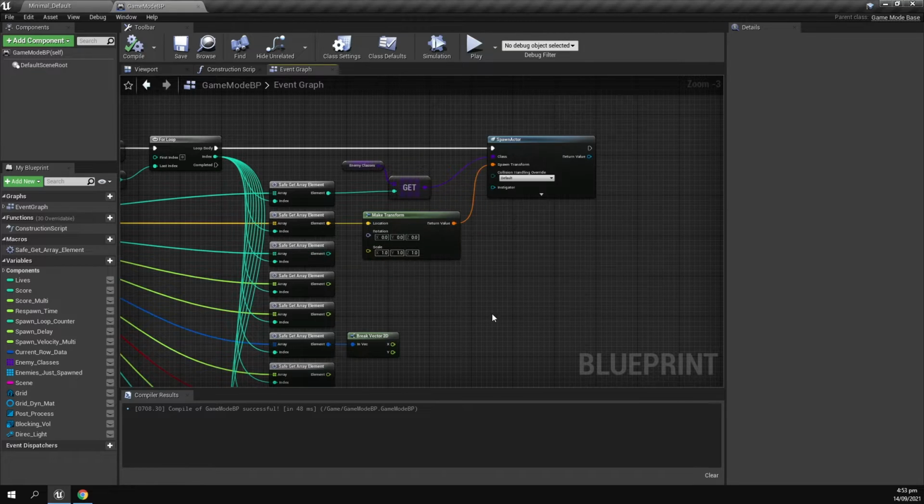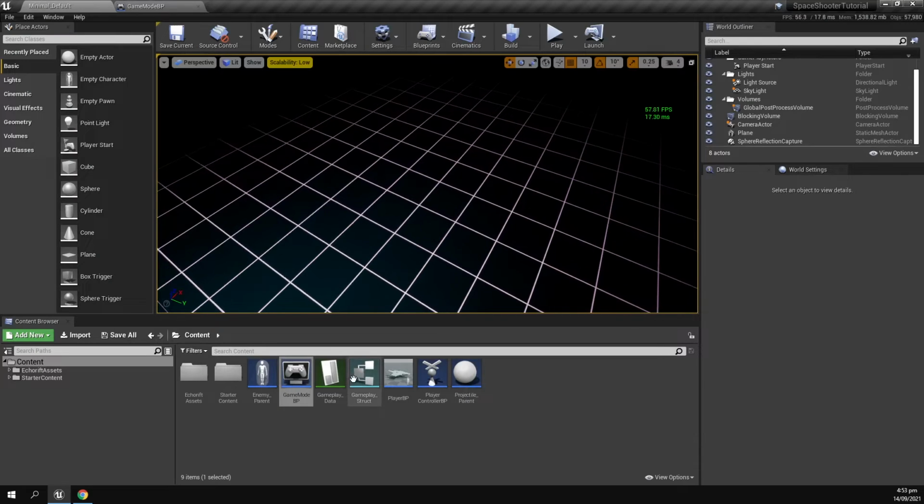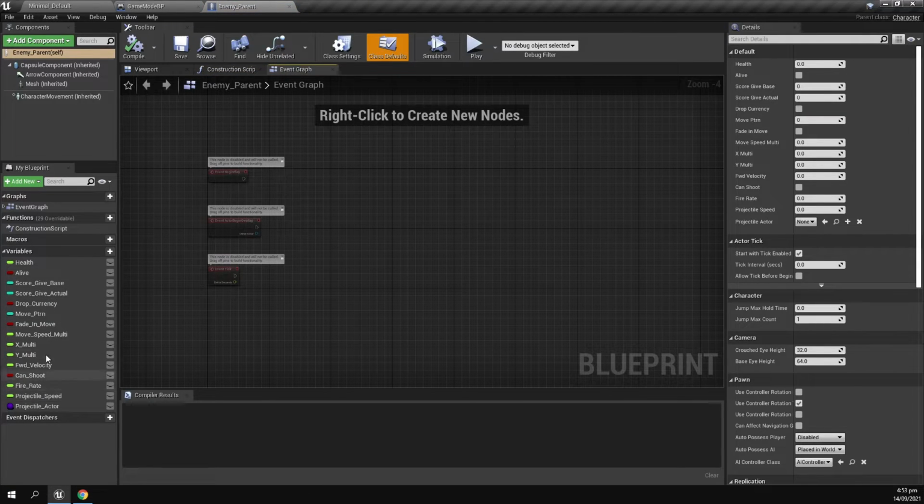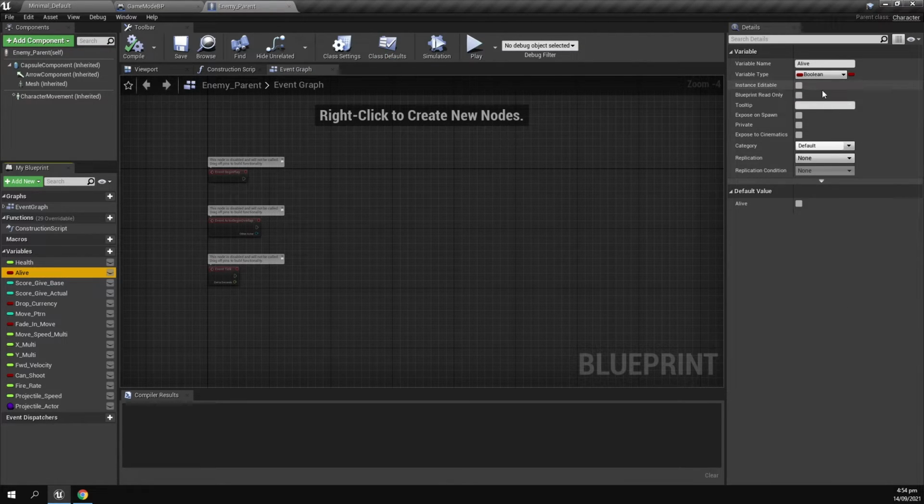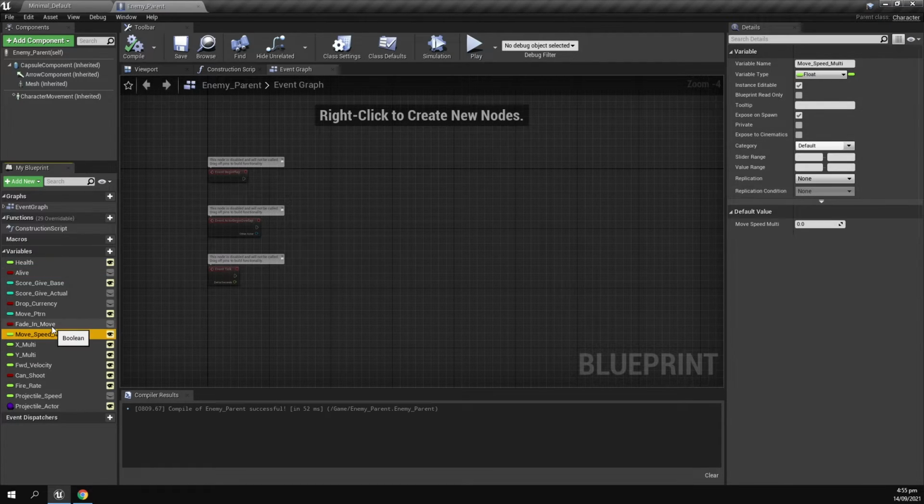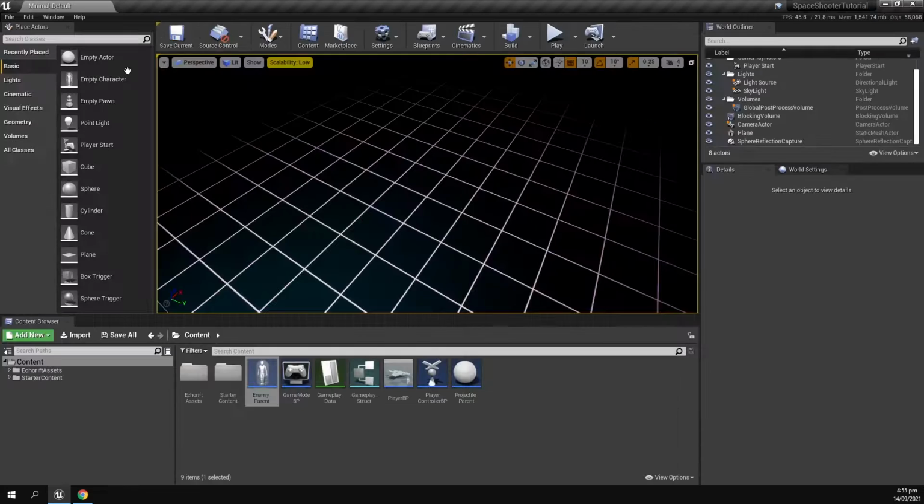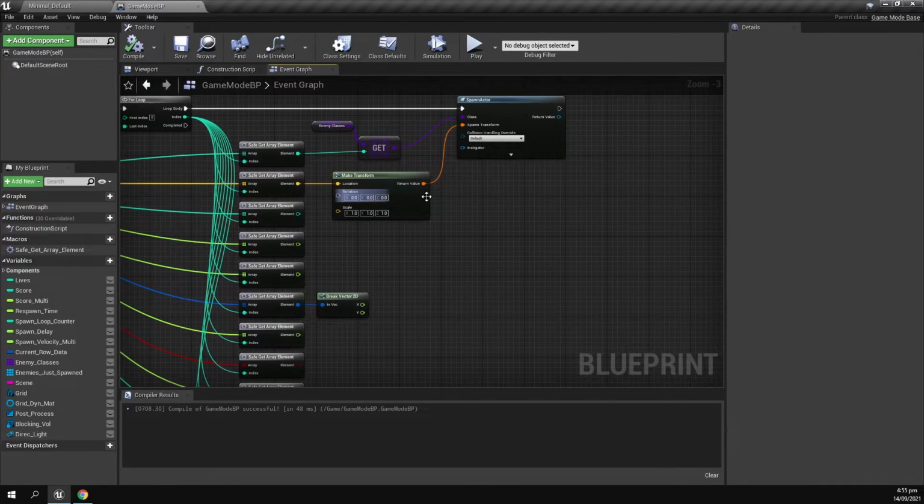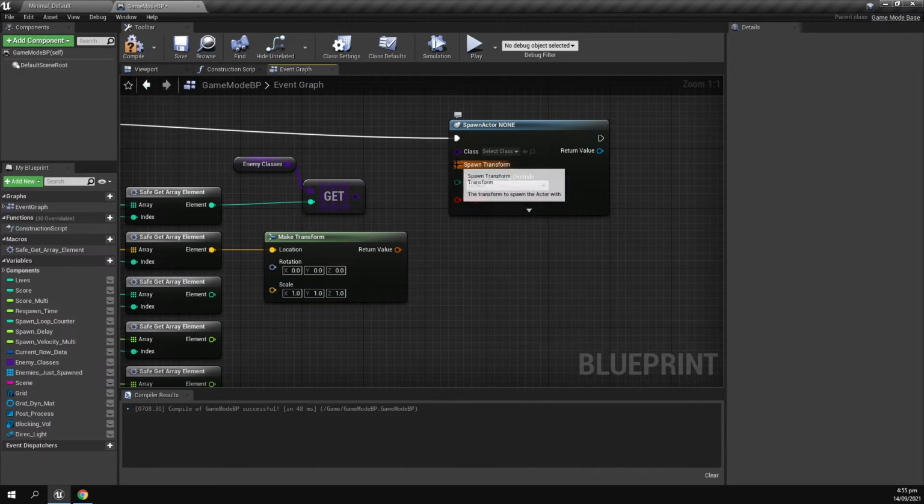But for all these other values here, how do we get these connected into our spawn actor here? Well, to do that, we're going to have to go into our enemy parent blueprint again, and we want to make sure that we have all of the variables here that we need to set on the spawn. We want to have an instance editable and also expose on spawn checked. So once we have all the variables here that we need set to instance editable and expose on spawn, we'll go back to our game mode here, and if we just unconnect these for a second,